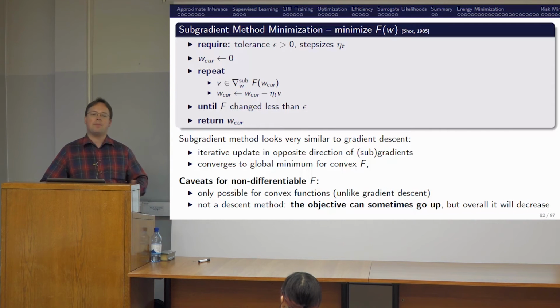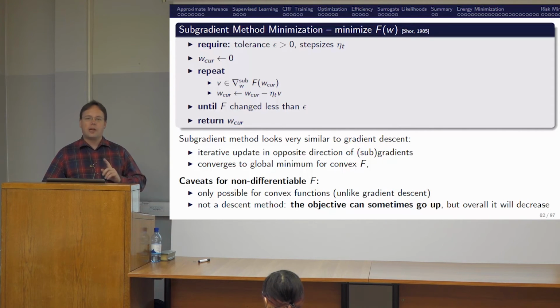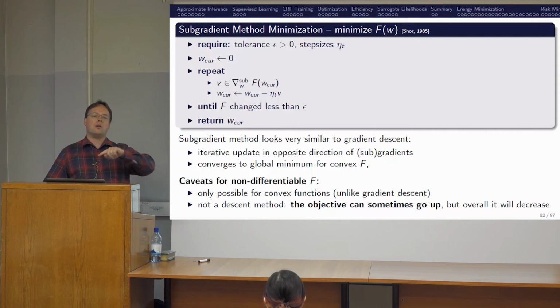So it's an iterative update, the same as gradient descent. You always go in the opposite direction of what the subgradient tells you. In contrast to gradient descent, you have to be a little bit careful because, first of all, subgradients are only defined for convex functions. If you have a non-convex function, your graph might curve down somewhere, and then you will not have any slope that lies always below the